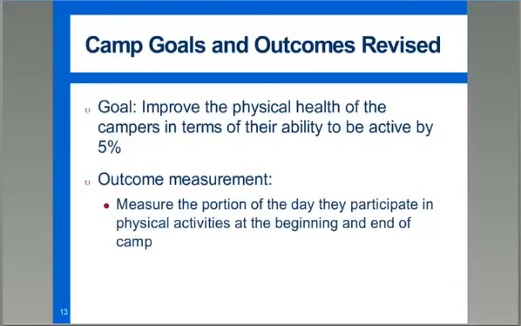So looking at this, we have an effective statement of goal and an outcome measurement. It's a simple measurement because we're simply looking at how often they're involved in physical activity. If at the beginning of the camp they're involved in only one physical activity and it takes 60 minutes, we're looking for them to increase that by only a few minutes. Very achievable, very realistic, it seems to me. And the simple measurement would be to say, well, they did that activity longer, or they added another physical activity, and the two combined are taking 65, 70 minutes.